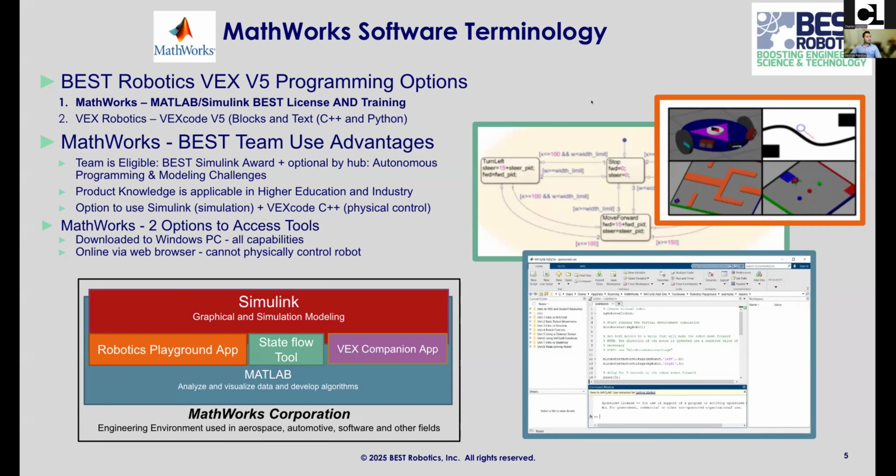So, I've said a lot of terms. This kind of just spells it out a little bit more precisely. So, what exactly is all the software? So, we have basically